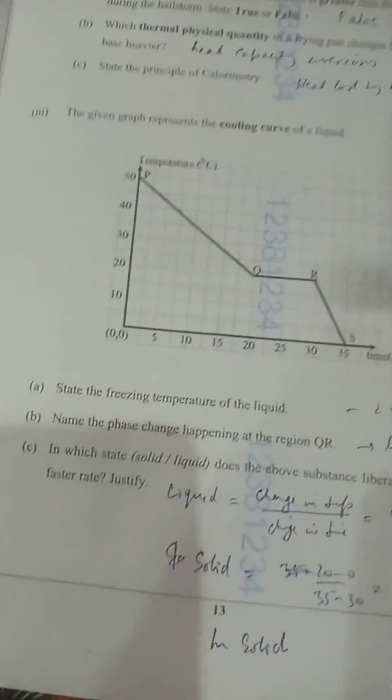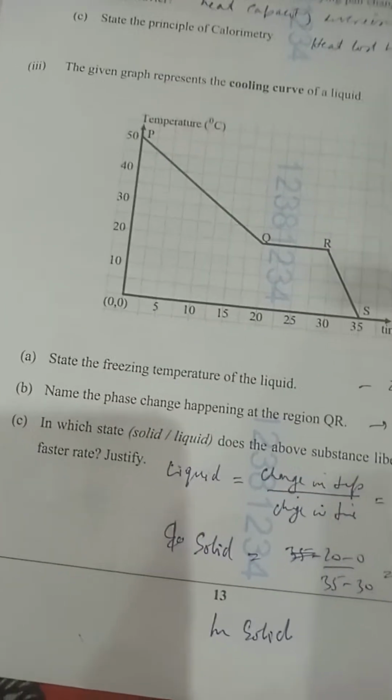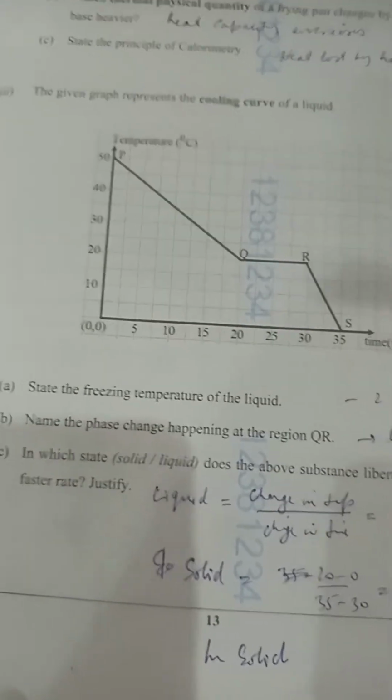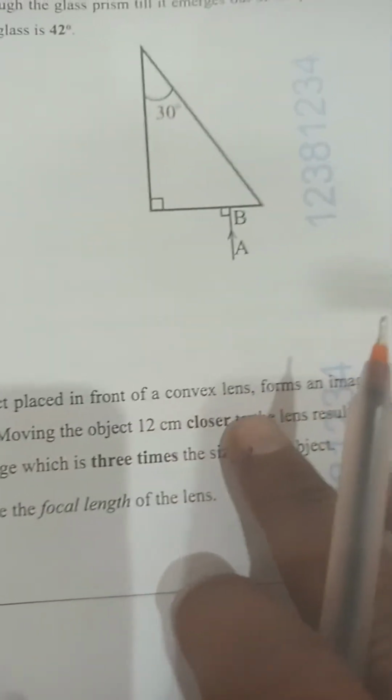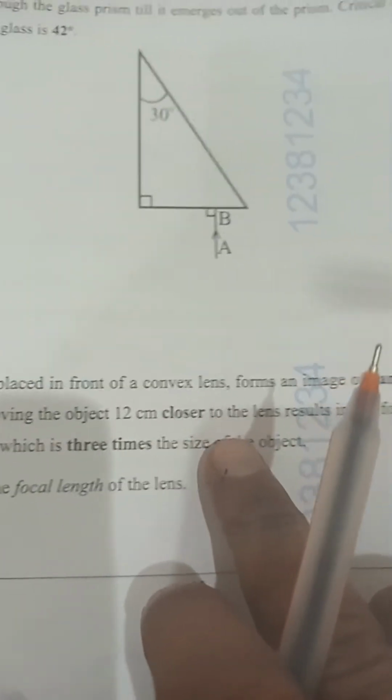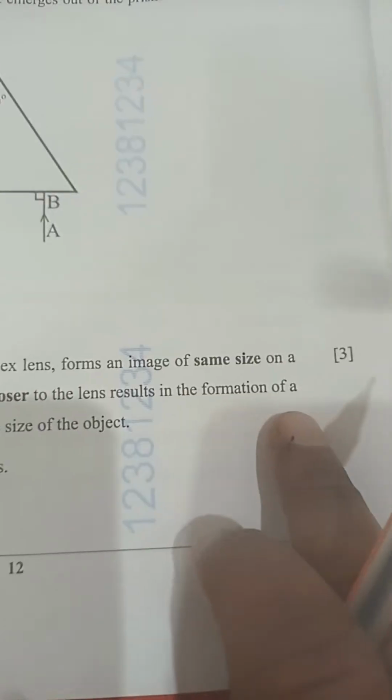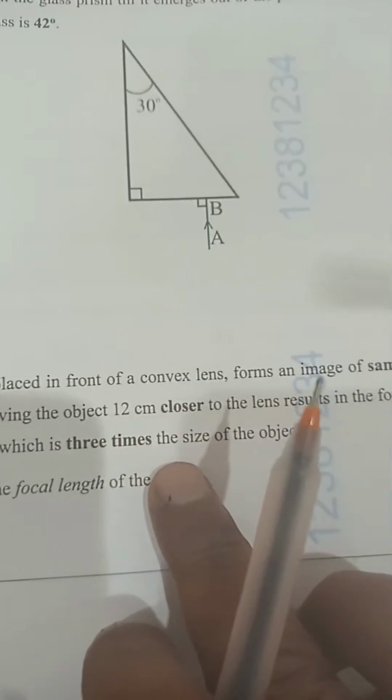Now next is question number 5. Here we have an object placed in front of a convex lens that forms an image of the same size on a screen. Moving the object 12 cm closer to the lens results in the formation of a real image which is 3 times the size of the object. So what we are having in this one, see,